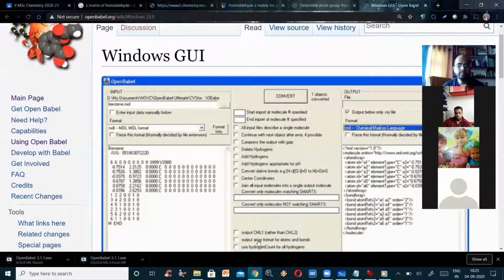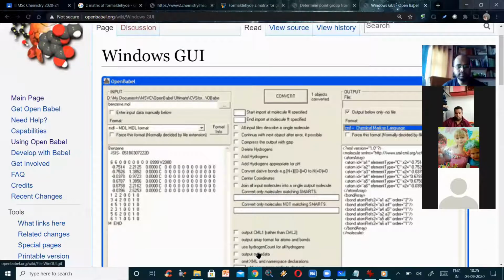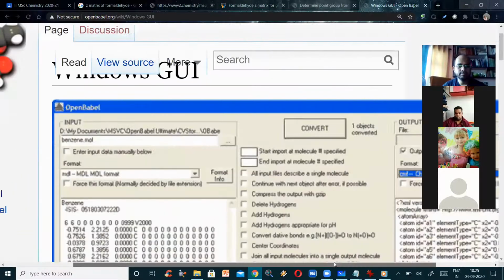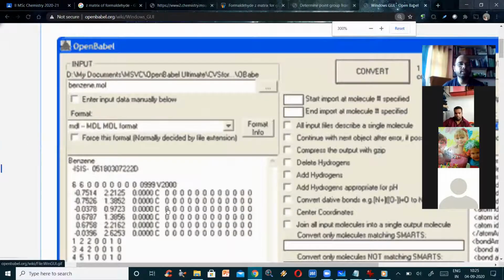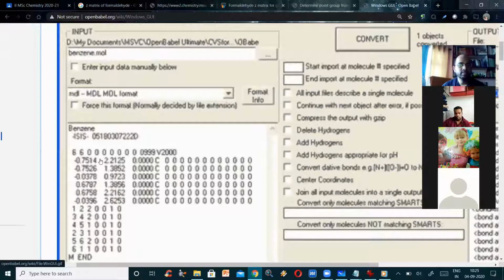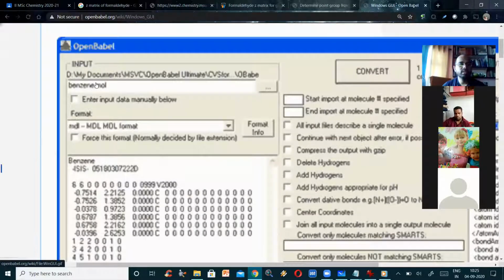Can you see this? You have written the benzene input here. It is shown as benzene input there. Now you can name it as benzene.mol, because you are drawing the molecule format in ChemSketch.